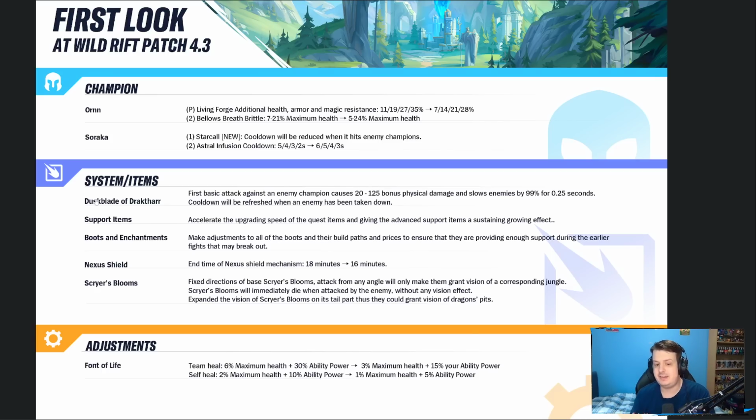Now you don't actually need that with Duskblade. You just need to first basic attack against the enemy champion, boom, it does the bonus physical damage, and also slows them for the same amount. Interesting that the item itself doesn't have a cooldown, but it says cooldown will be refreshed when an enemy